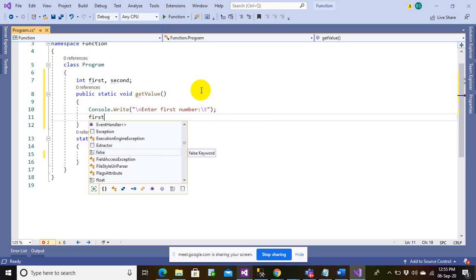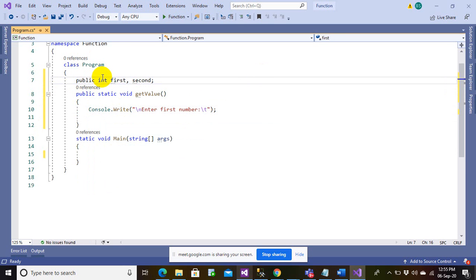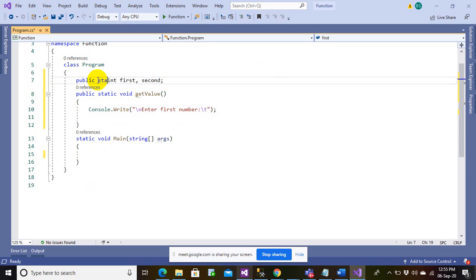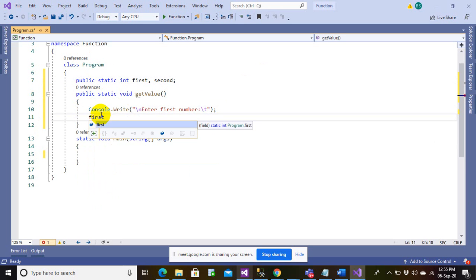Okay, actually I can't read it directly, I need to make it public. Okay, so this has to be static. So first equals integer.parse.